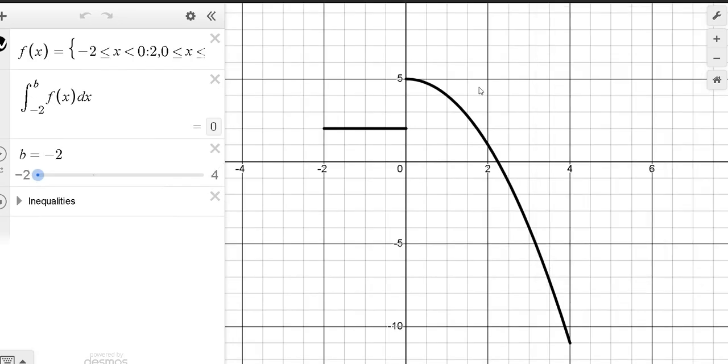And you want to find the area between the function and the x-axis for the length of that interval. So you're going to break it up into 2 parts. We're going to do this part right here, which is just the function f of x equals 2, and then the other part, which is f of x equals 5 minus x squared, like that. All right, so we'll break up that interval